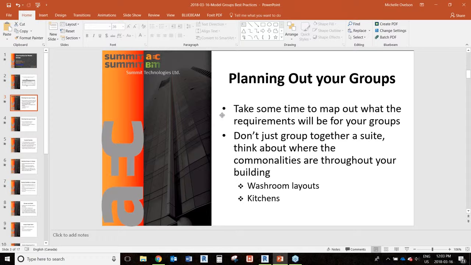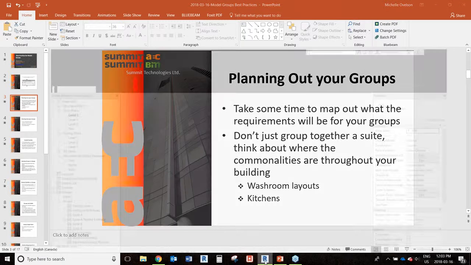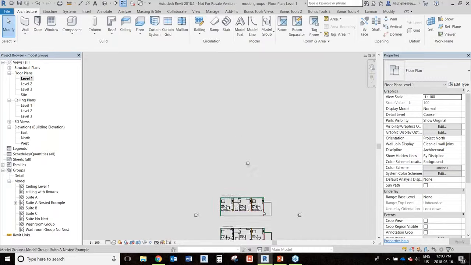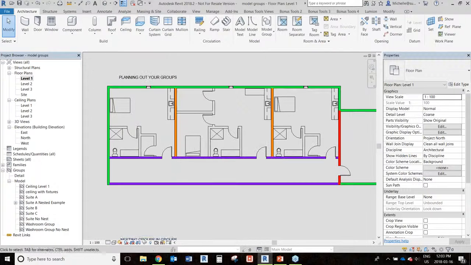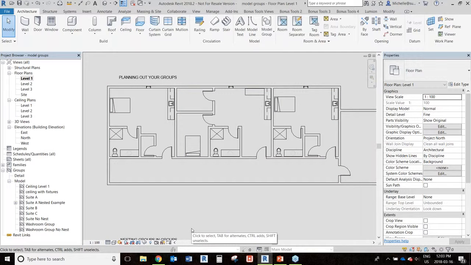So some examples of that, I'm going to go over here to Revit. So, planning out your groups here. This is just a not well structured architectural plan, so don't take too much time to critique my layout styles. It's just a couple of things to give you an idea. So these are three groups. It looks like this one and this one over here are the same, and this one's a different group. But now, let's say you have a project that has 8 suite types or 8 groups,